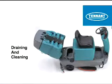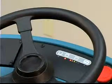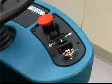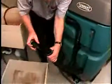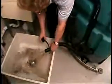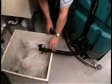Draining and cleaning your machine. When your floor cleaning is finished, or when the recovery tank full indicator light comes on, the recovery tank should be drained and cleaned. Drive the machine to a solution disposal drain and turn the machine on-off key switch to off. Remove the recovery tank drain hose from the hook on the rear of the tank. While holding the hose up, remove the plug and then slowly lower the drain hose to the floor drain or